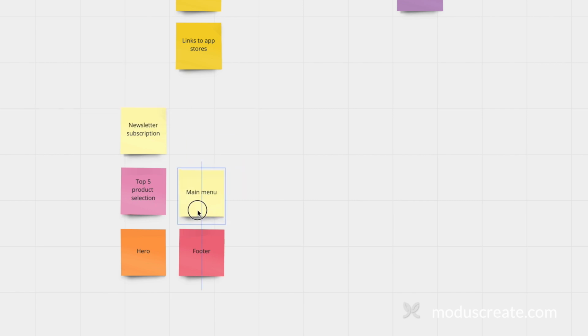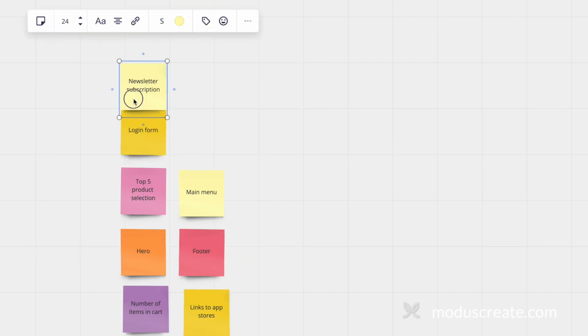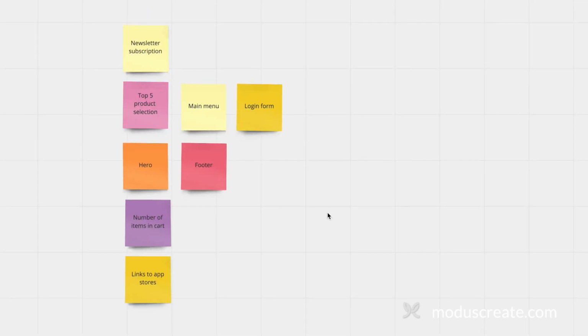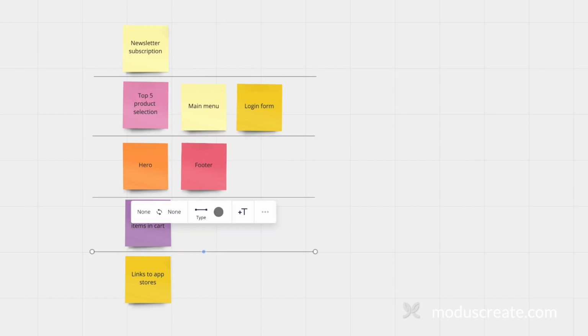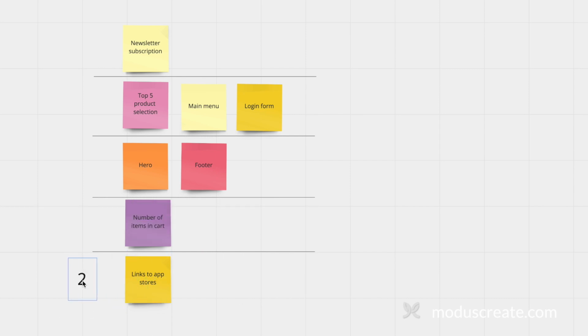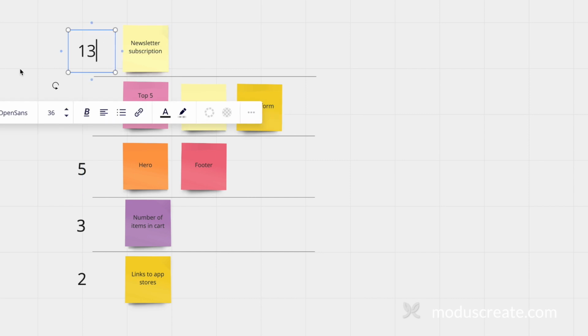As a team, this is a team exercise, we work through the rest of the backlog until we reach kind of the final estimate. Now is a good time for the final discussion. Is the team happy with the distribution of stories as they are? Notice how items are neatly stacked in rows. Starting from the bottom, I'll say that links to the app stores is about 2 in Fibonacci. I'll work my way upwards until every row has a value, incrementally.